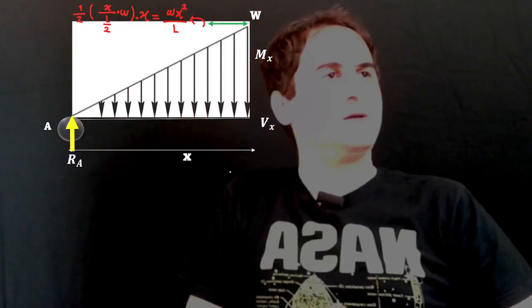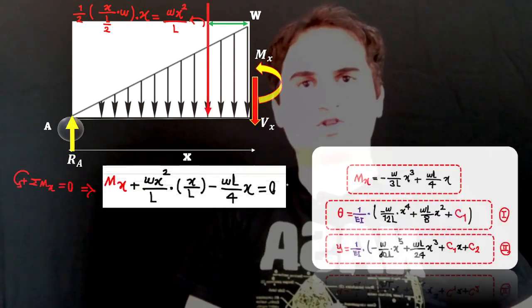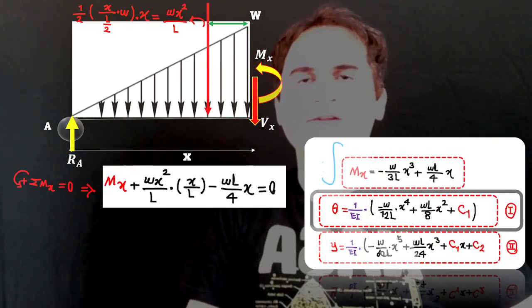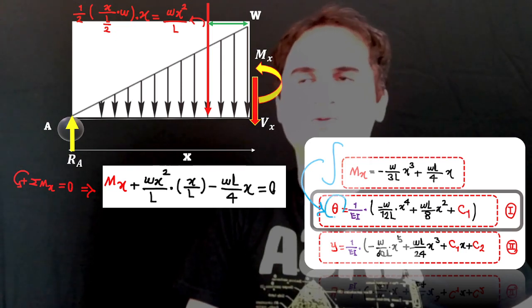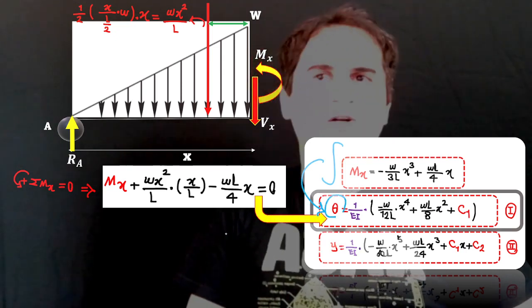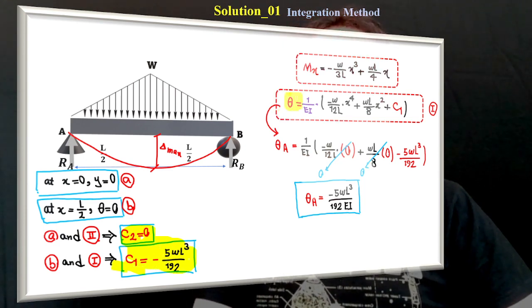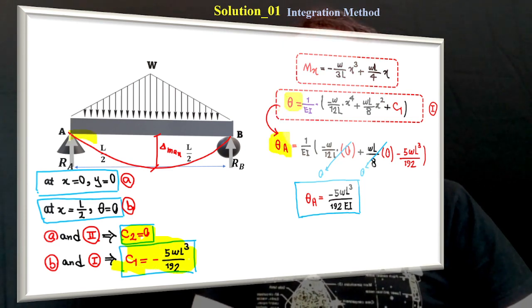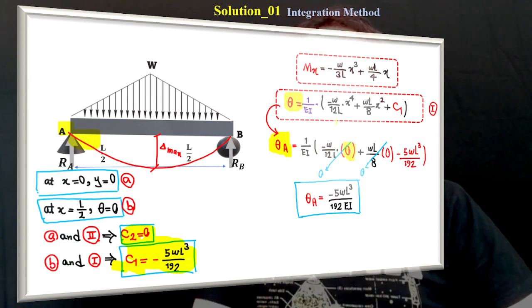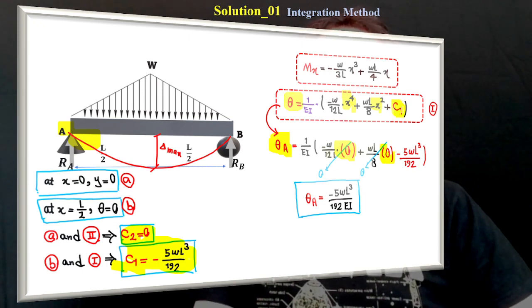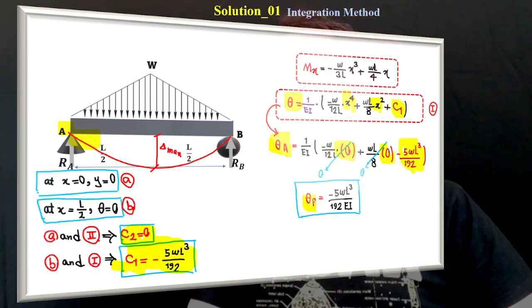Again, this time by having the equation of moment, but this time by integrating the moment, we can get the theta equation by having the boundary condition and replacing it in the theta equation. So if you have the C2 and C1 coefficients and then replace them in the theta equation for theta A, where x is equal to 0, you can replace x by 0, and then C1 is constant. So theta at A is negative 5 times WL cubed